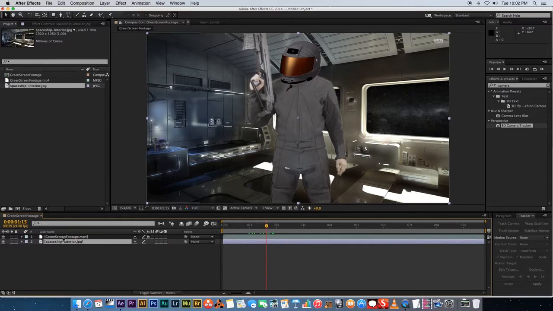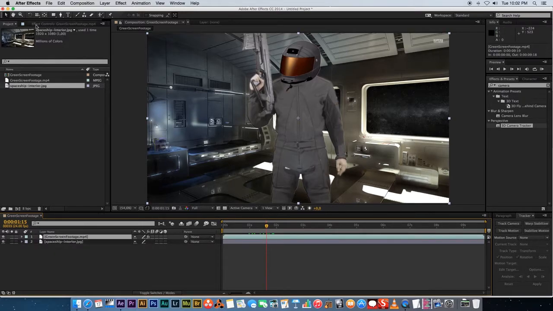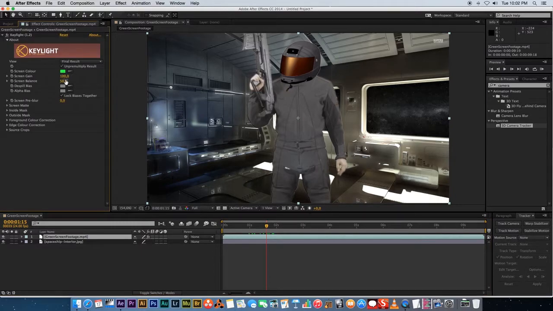that we need to remove. So let's click on our green screen footage again and go to the effect controls at the top. What you can do is expand the screen matte, and here you will find most of the settings that you need to adjust. First of all, we're going to use the clip black, and I'm just going to drag that around, and you can see that it actually changes a little bit. It's shrinking that black line around the actor, so that works well,